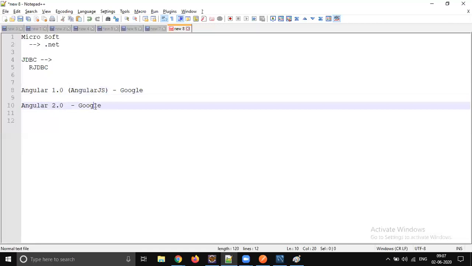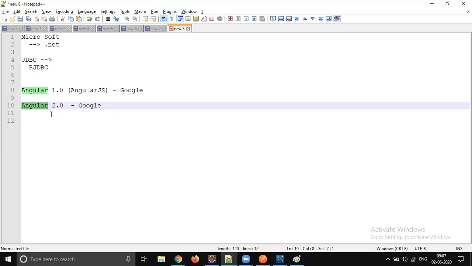All of a sudden, Google said don't use Angular 1, use Angular 2. Upgrading from Angular 1 to Angular 2 is not easy. It's a huge change, the complete architecture and model changed, and they have to use TypeScript fully.